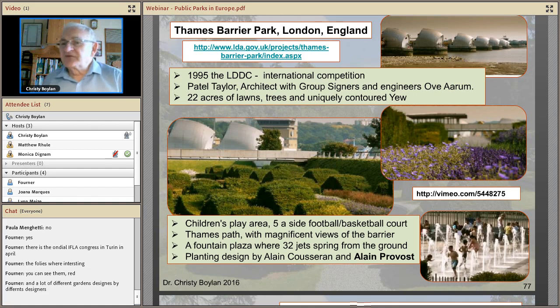Now we're back to France, Elizabeth, and this is the Parc de la Villette, which is a 20th century park, 55 hectares, the largest fully landscaped park in the city of Paris. It's a collection of